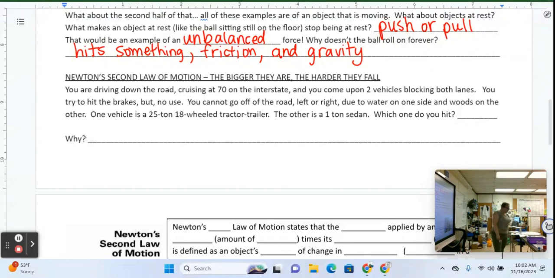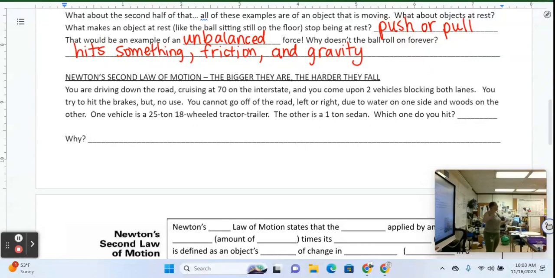All right, Newton's second law of motion. The way I remember this one, the bigger they are, the harder they fall. You have all seen those videos, memes, whatever you want to call them, where two people have those exercise balls and they run at each other. Now, when they're about the same size, they just bounce. But what happens when one of them is significantly smaller than the other one? Which one goes